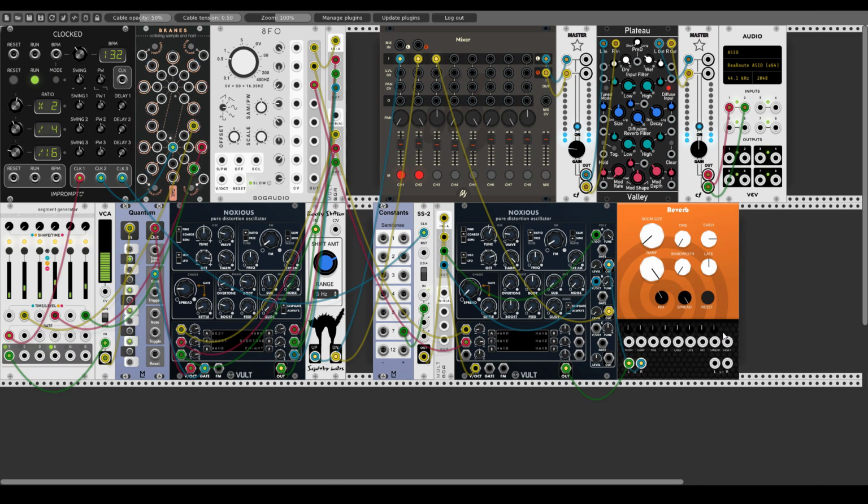Very nice. Let's connect the reverb also to the mixer, to 2 channels that are panned hard left and hard right. This is a big fat sound. Let's change the settings of the reverb a bit. Add some more time, some more size. Very cool. A bit more mix maybe.